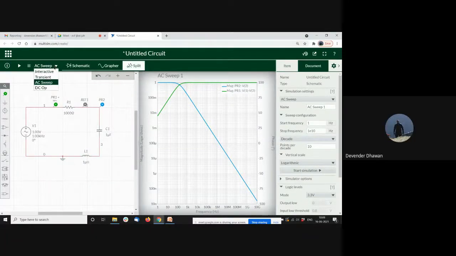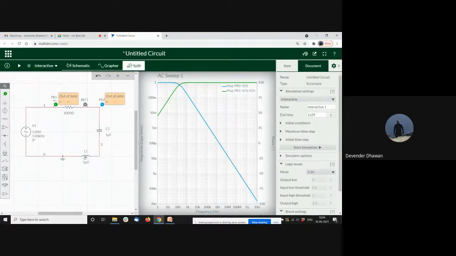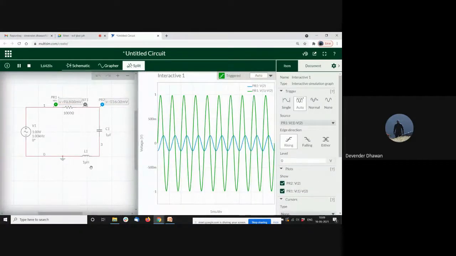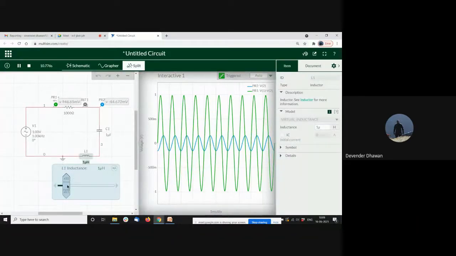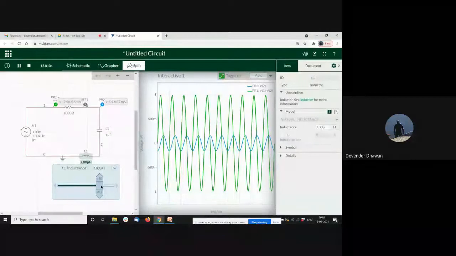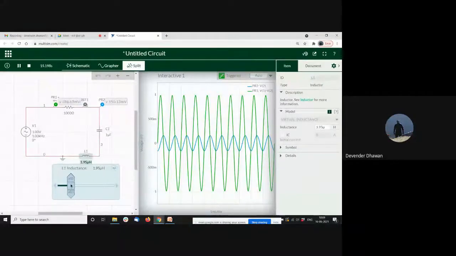So like I have added an inductor in the circuit just now, and now I will just run this circuit. If I want to change this value, what I have to do, you see the value right now is 1 microhenry. If I click over this value, this scale will show up. So I can just slide the scale, and you see it is changing the value. Or what I can do, I can just double click here and write any value. Let's say 0.001, which is like 1 millihenry.